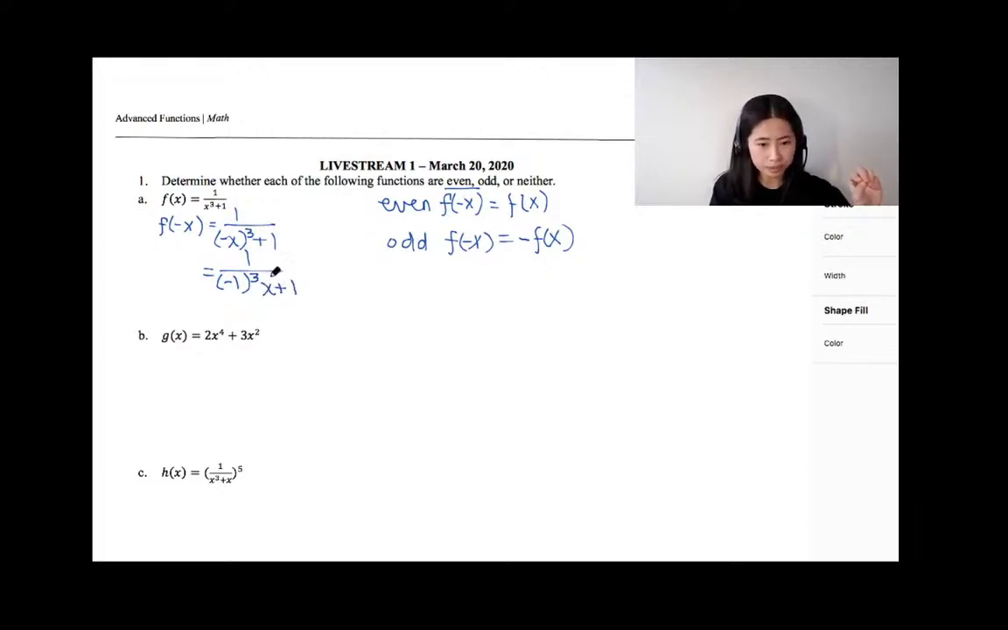So this should still be cubed, right? Because we're still copying that cube because it's raised to 3, but then we're taking out the negative 1